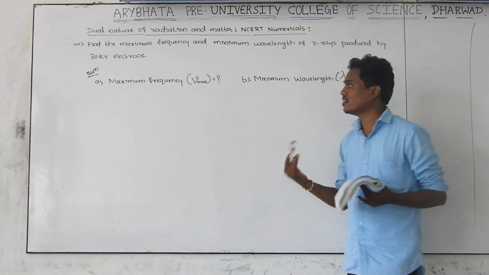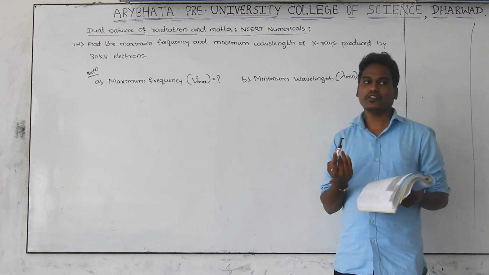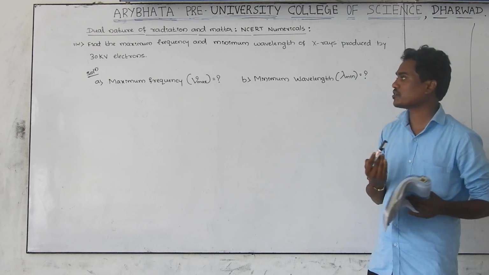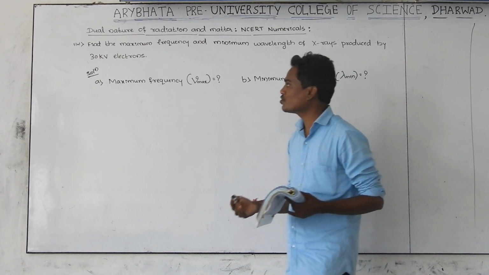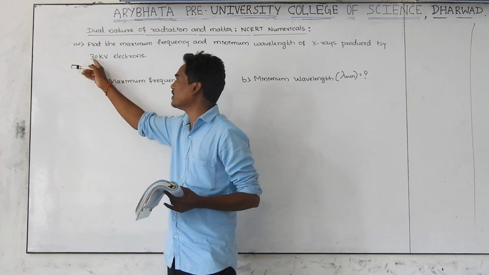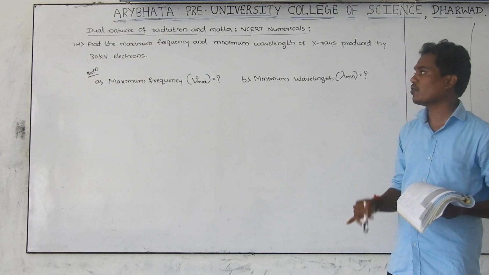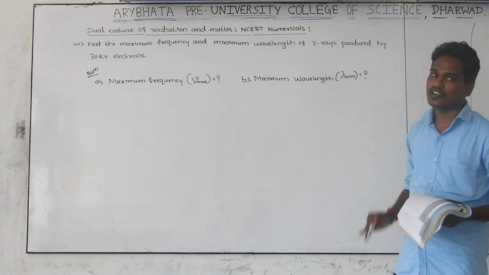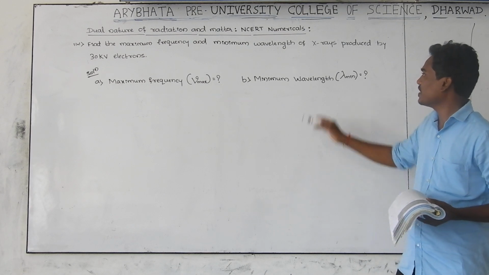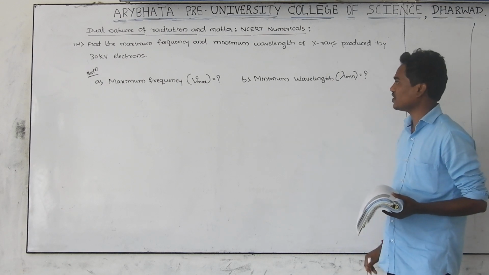Let us consider, here there is an experiment called the photoelectric experiment. Here they are emitting the electron from the surface of the metal. In order to emit the electron, they use the potential difference or battery voltage, that is 30 kilovolt. Kilo, you know very well, is 10 to the power 3, meaning 1000. And here the electromagnetic radiation given is X-ray.